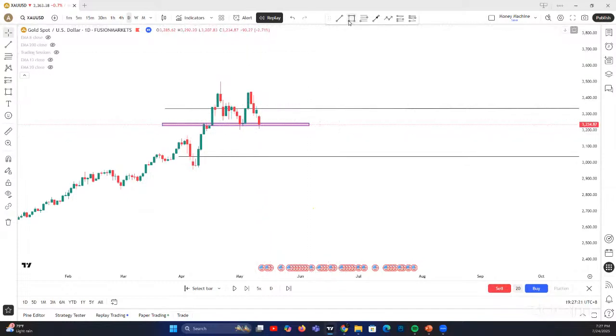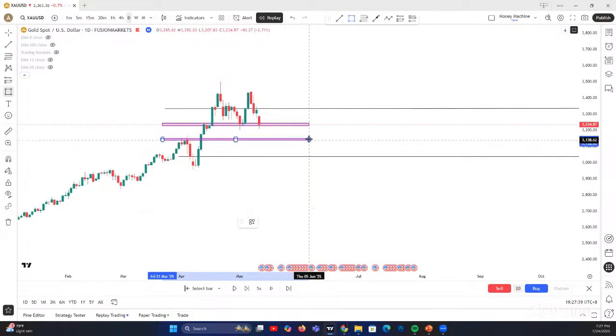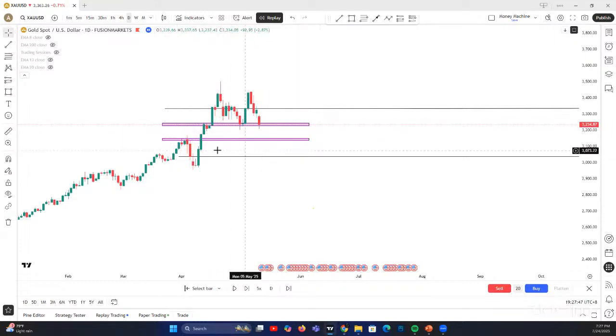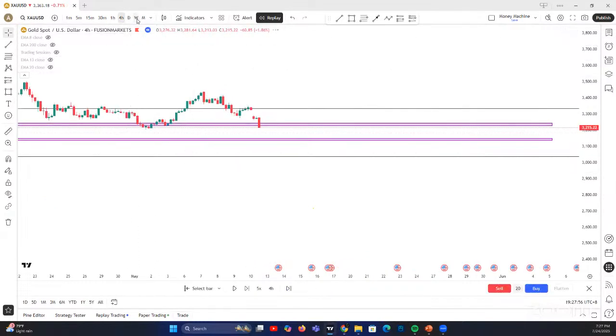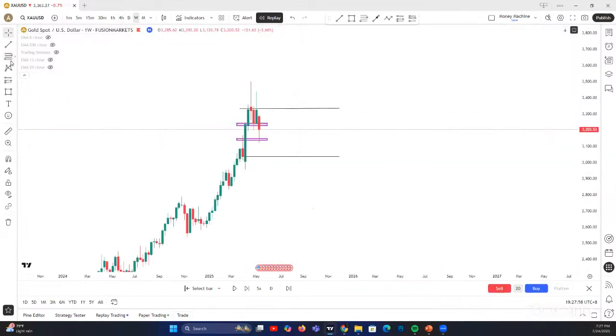Okay, now let's see what else. This is a resistance. You see, price could not go back there, and then at some point it broke, and now it becomes the support. So these will be your key levels on the daily. Now go to the H4. For example, now we clearly say this is bullish. We will write here: